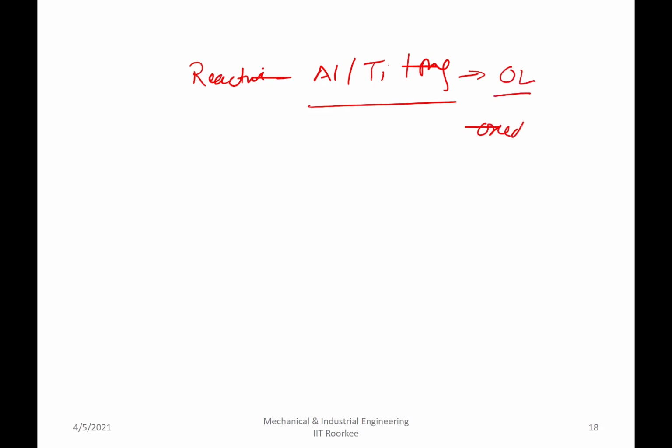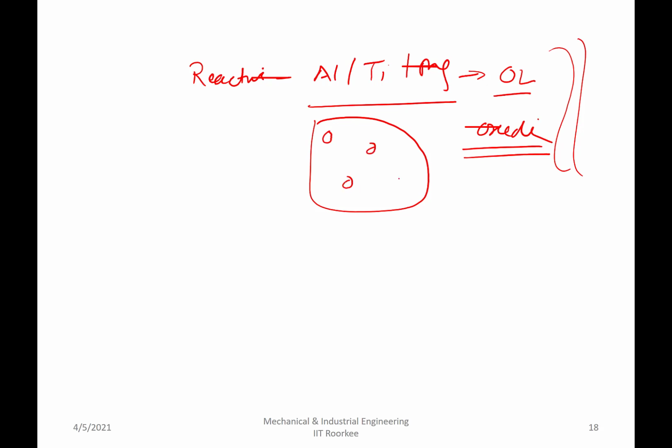When the metal is very reactive, a few metals like aluminium, titanium or Mg are really very reactive, and act very rapidly with oxygen and form their oxides. So this is a problem. You need extra precautions, inert gas shielding, proper fluxing and degassing to make a sound casting. Otherwise the casting may have a lot of gaseous pockets here and there, which will be there in the form of pores and defects.